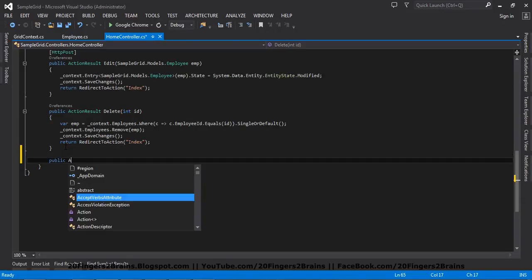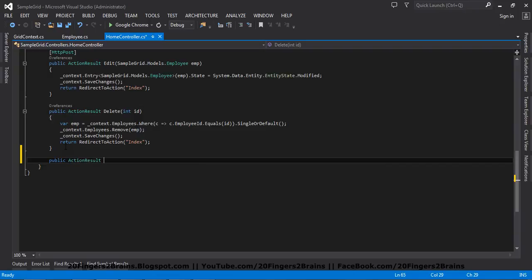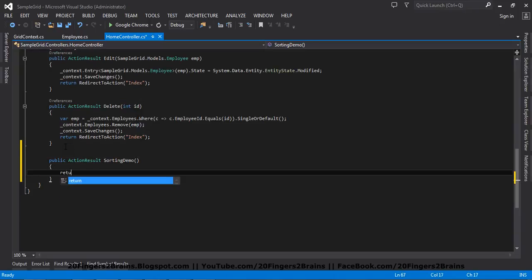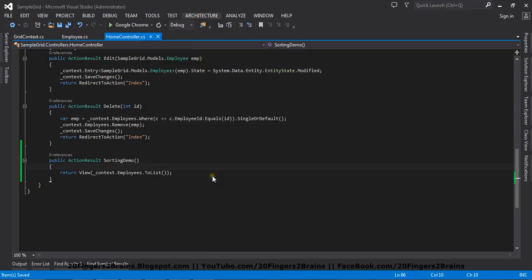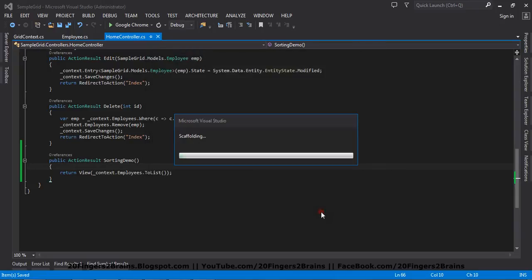So I'm going to have an action result method, and I'm going to name it SortingDemo, and I'm going to return a view, and with this view I'm going to return all my records from the employee table. So I'm returning all the records from my employee table and passing them to the view. And let's add a view. I'm going to add a plain view,